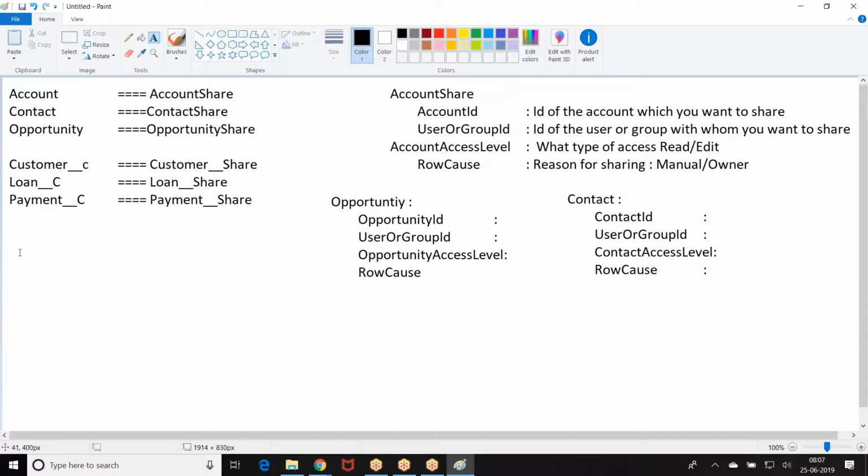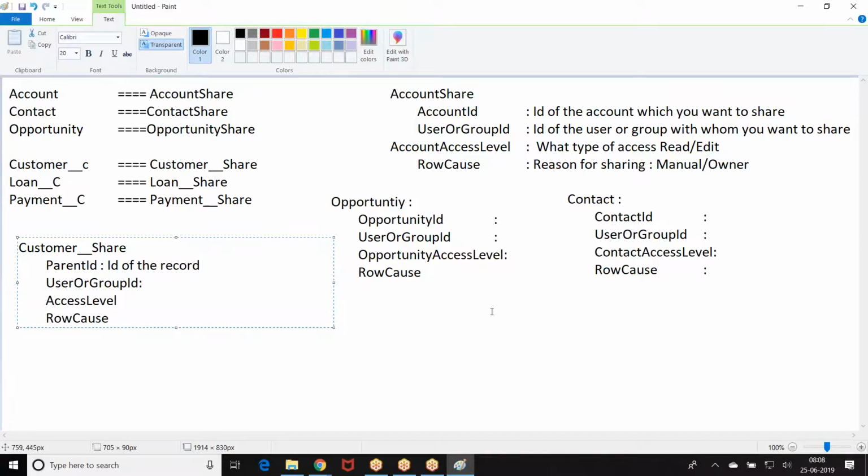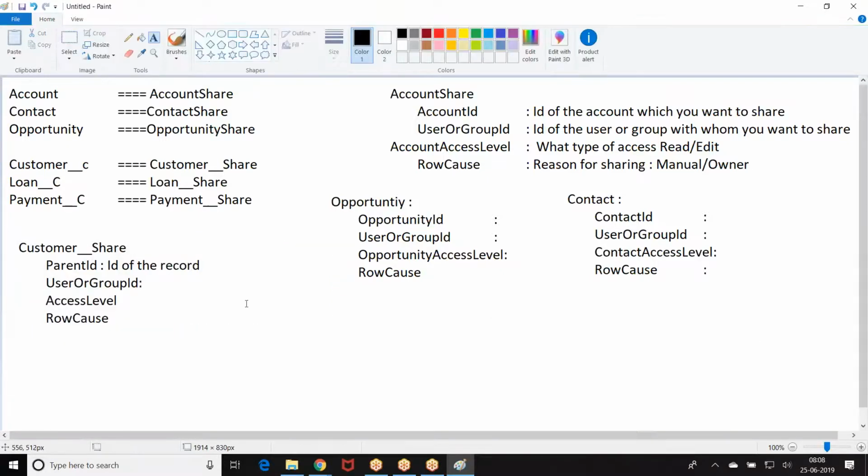Now if it is a custom object, customer share, this is going to be parent ID. Parent ID means ID of the record. User or group ID, access level, ROCAS.